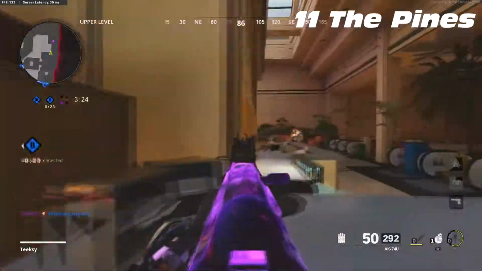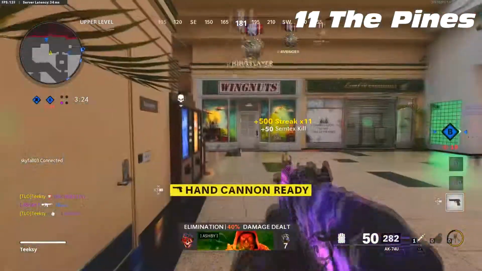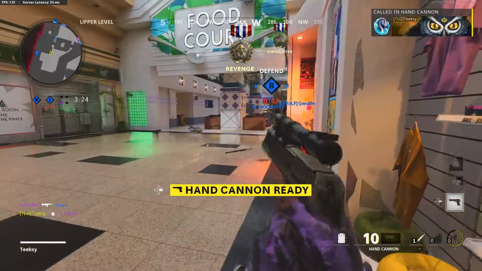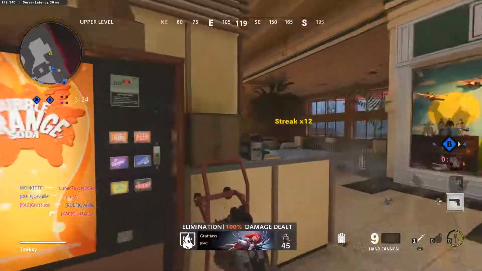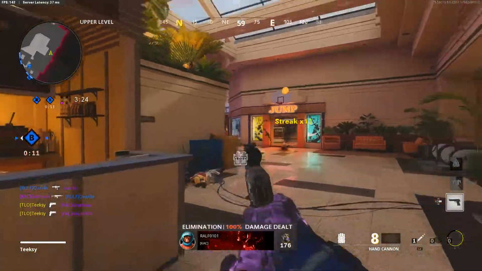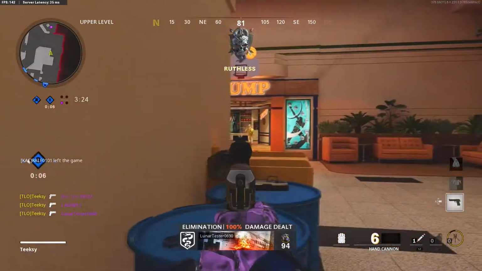At 11, we've got the Pines. Now the Pines came in during Season 1, and it's not an awful map, but just due to it mainly being indoors, it very much restricts what you can do, especially with aerial score streaks. The map was on the slightly larger side, and I think one side definitely had a little bit of an advantage because you could sit top eskies and just hold down the middle of the map,